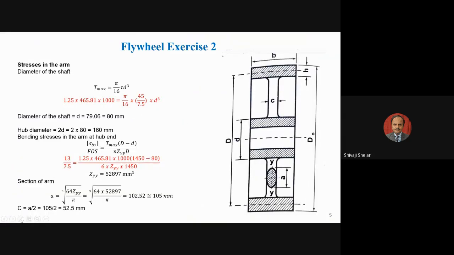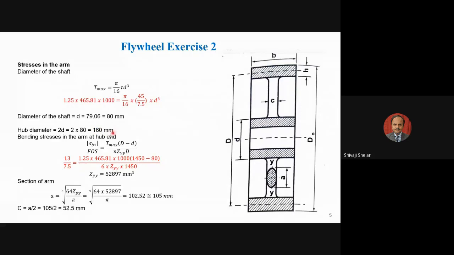Okay, so we are doing this calculation here. We have taken D equal to 80 mm. So we are taking this half diameter here. Say, let's say D1. D1 is equal to 2 times the shaft diameter here, so that we should have sufficient material for the hub. So 2 into 80, that's 160 mm.